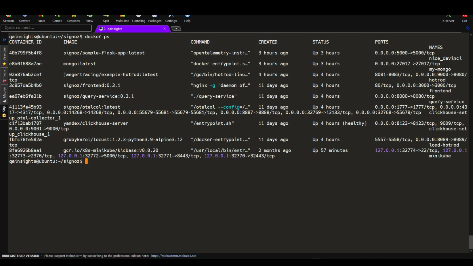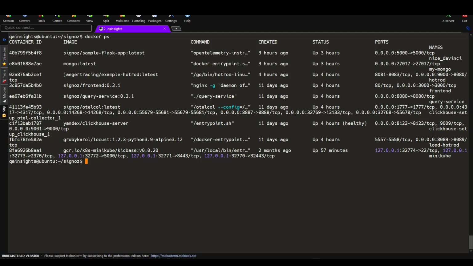So no need to spend money on a third-party SaaS service. What you can do is make use of this open source alternative, and then you can do whatever you want. Your data, your business. You just have to maintain the containers and make sure it is scalable. Those things you have to take care of. But in terms of running your business, I don't see any blockers with respect to security or audit and all. Those are the advantages from the SigNoz perspective.